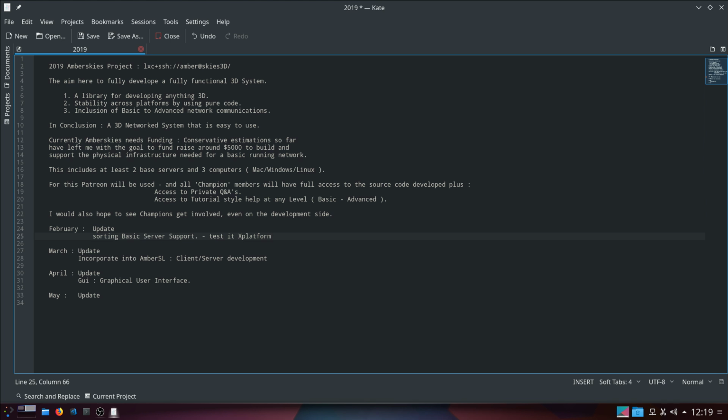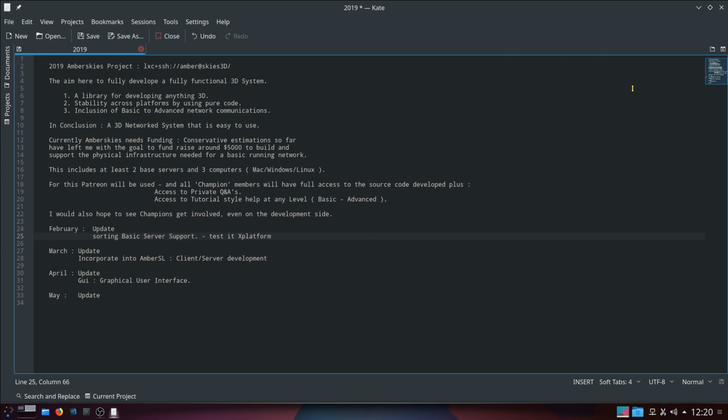And that's my update. Update so far is we have the code. The code is now working. I believe it's cross-platform, and once I know it is cross-platform and it's fully tested, it will be bundled up into a nice package that we can hopefully slide into Amberskies. And that'll be good. That will be March. And then, of course, we then have to test Amberskies as cross-platform as well, just to make sure we haven't messed everything up. In other words, a test program will have to be written during March, which tests everything.